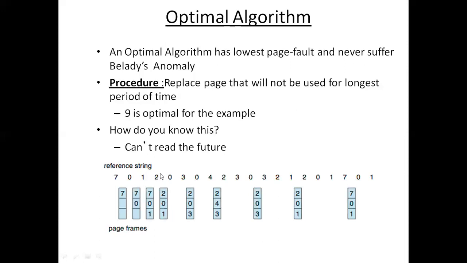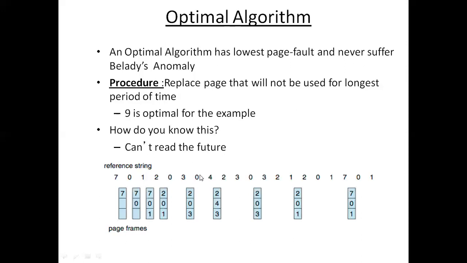Clear? So you look at the future pages and see which will not be used very recently, and you make it the victim. Now let's look at 0. Page 0 is already there. Then page 3 is coming. So if you want to select one of these as victim, which would you select? Look at 2 after 3, it's used over here. Look at 0 after 3, it's used over here. Look at 1 after 3. You have to look after the page that has to be replaced. 1 is over here. So which is not used very soon? That is 1. So remove 1 and place 3.